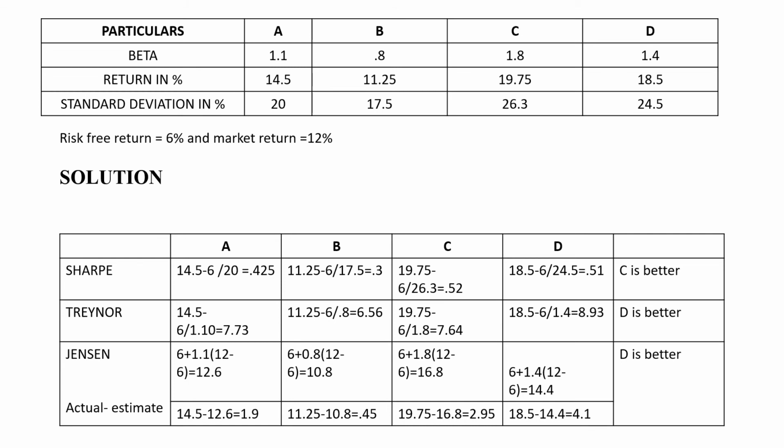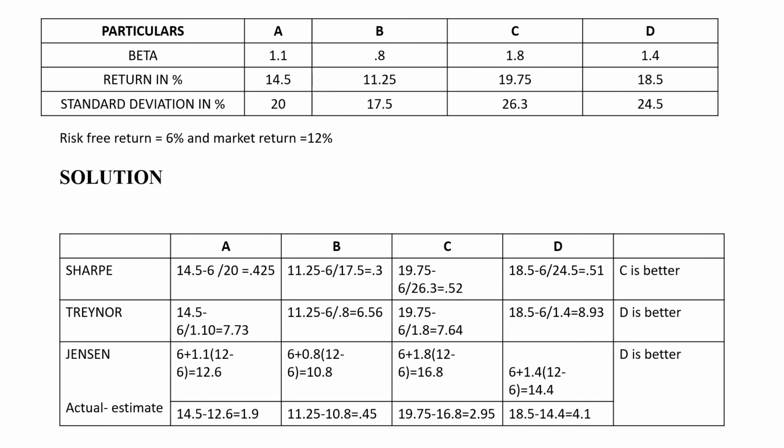The same model, previous one we had beta and returns written this way. Here it is written this way, and you have 4 portfolios now, 1 2 3 4. And to help you understand how different models vary, all 3 models are done, and under each one they try to find out which is the better one. If you see, Treynor's and Jensen's almost give the same value because we are considering the beta, whereas in Sharpe's model we are considering the total risk. So it has a different value, and it shows a different portfolio as the best one.